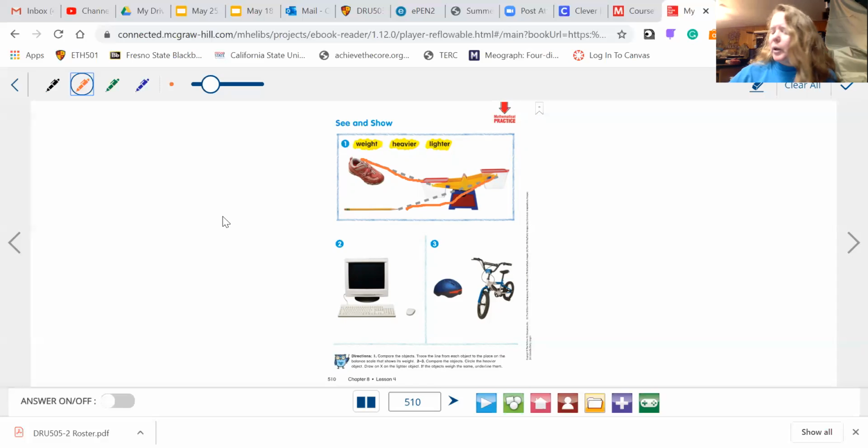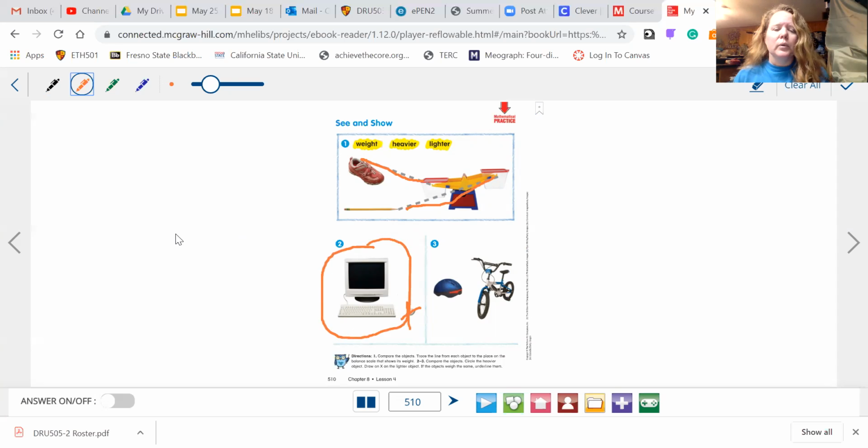Okay, so we're looking at number 2. Number 2 says, compare the objects, circle the heavier object, and put your X on the lighter one. It's going to be the same thing for 3. It looks like we're comparing this computer with this mouse, right? With this little tiny remote. Not the squeaky kind of mouse, but a mouse here. All right, and I have to cross out the lighter one. Which one is lighter, the computer or the mouse? Okay, we'll cross that out. And we circle